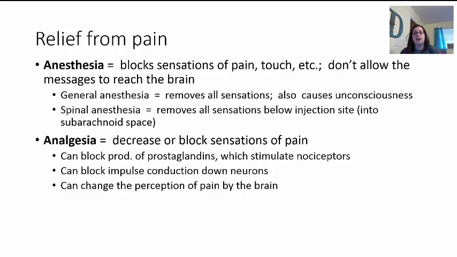On the other hand, it can also block the impulse being conducted. So step 1 and step 2 happen. The neuron detects the signal, and it transduces it into a chemical signal or an electrical signal, but it doesn't conduct it down the neuron. So it's blocked this way. Another way that this type of medication can work is it can change your perception of the pain in the brain. It could work on the brain if it can cross that blood-brain barrier, and it can change how you perceive the pain, so it doesn't feel as intense.